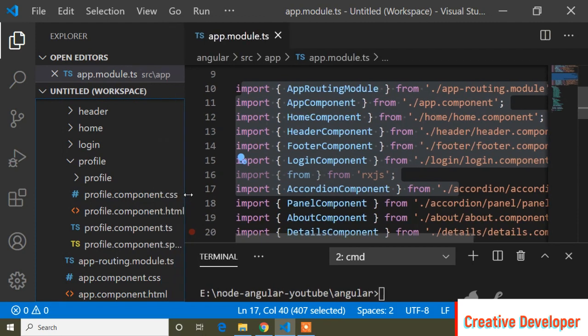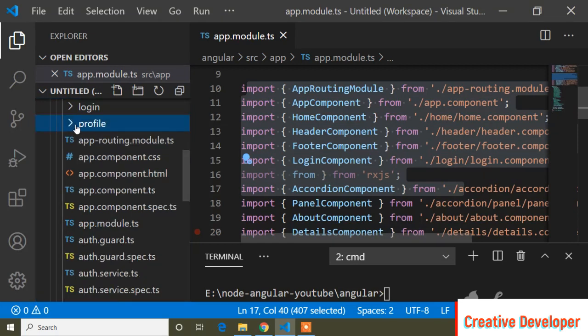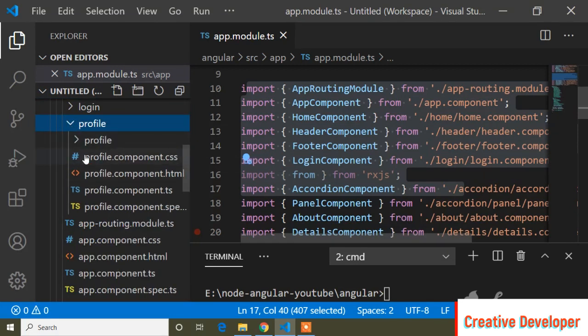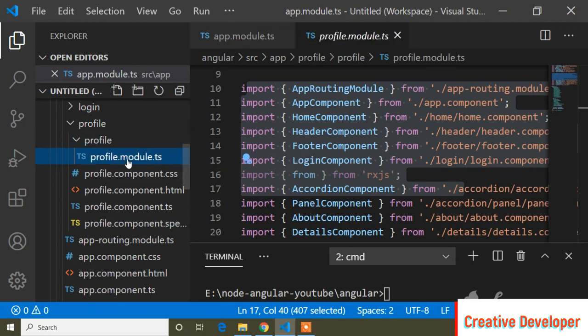Now I will decrease our terminal size and check our profile component. Here you can see this is the profile folder, and inside this profile folder I have all the files: css, html, ts, and now I generated a profile module for lazy loading. Inside this another profile folder you can see the profile module.ts file.